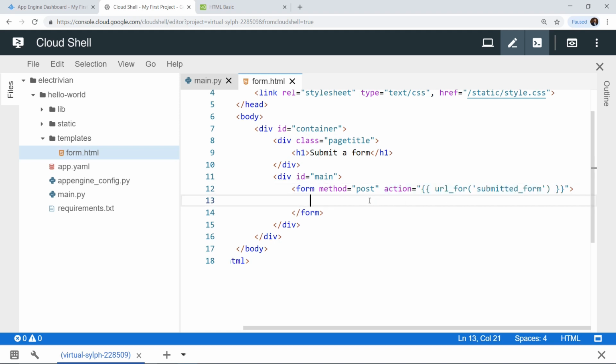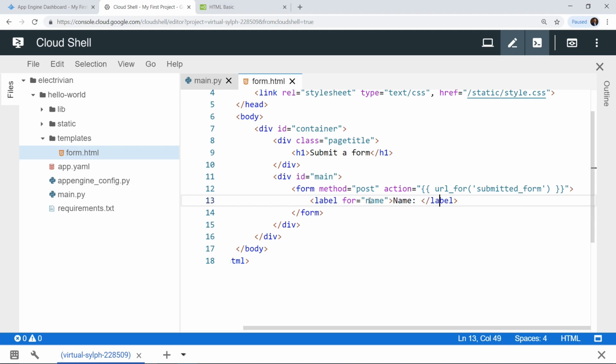Okay, so now inside the form, let's create some new labels. Okay, so a label is only a way to display some text to the user. Okay, so first of all we have a label tag, and then we have the label closing tag. So we have slash label. Okay, so then in the first label tag, let's add a for, and then we have name over here. So this is essentially the key pair or the key value for which we want to address this particular label. So over here we have name.